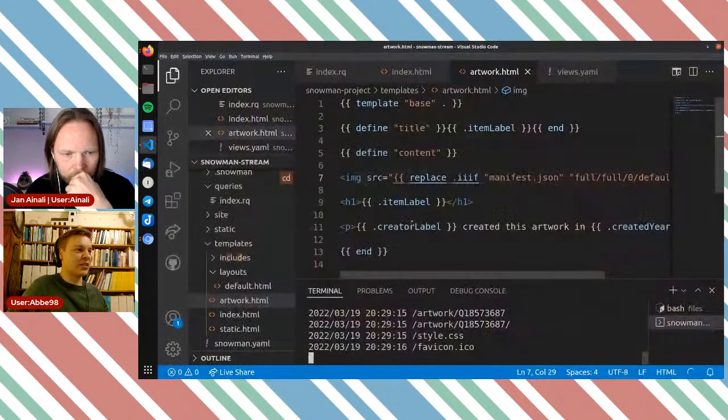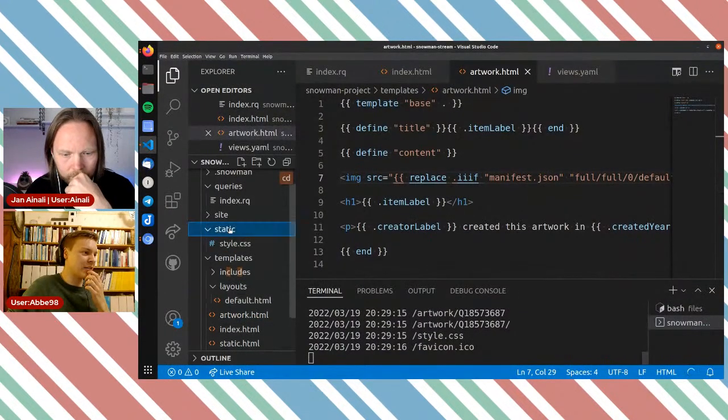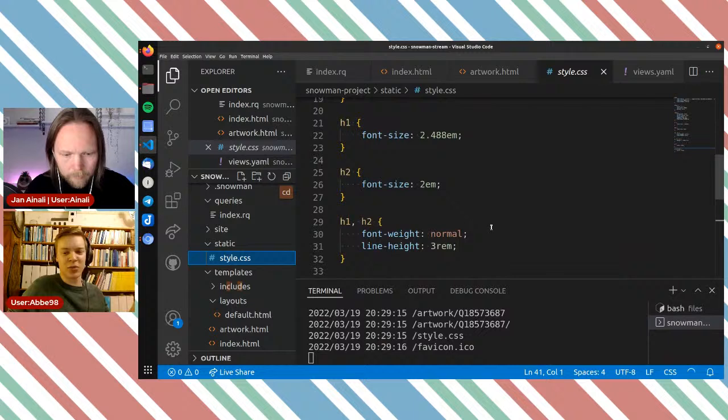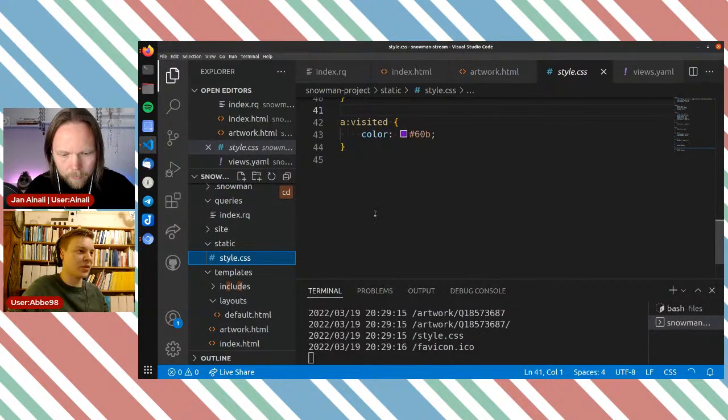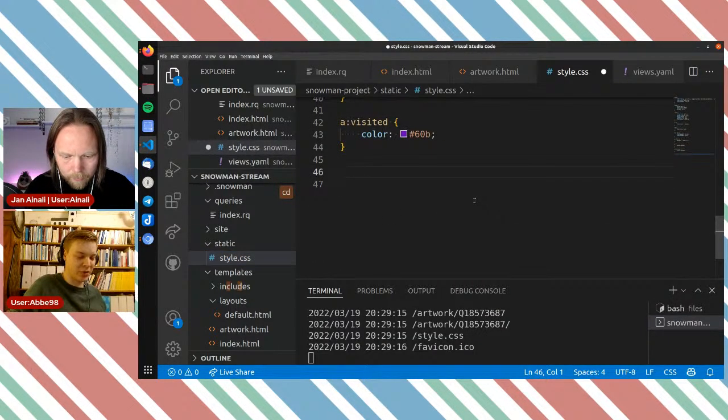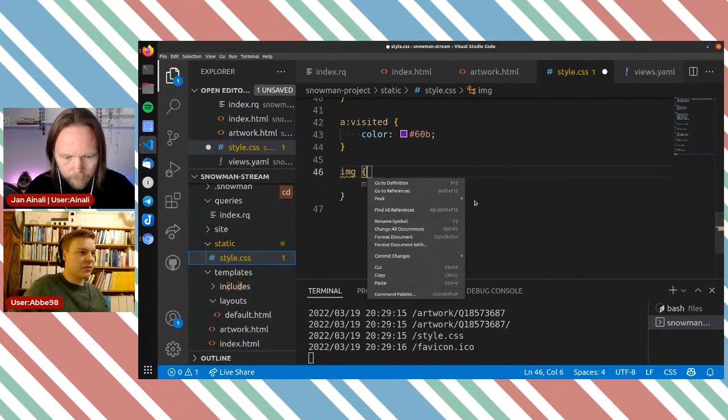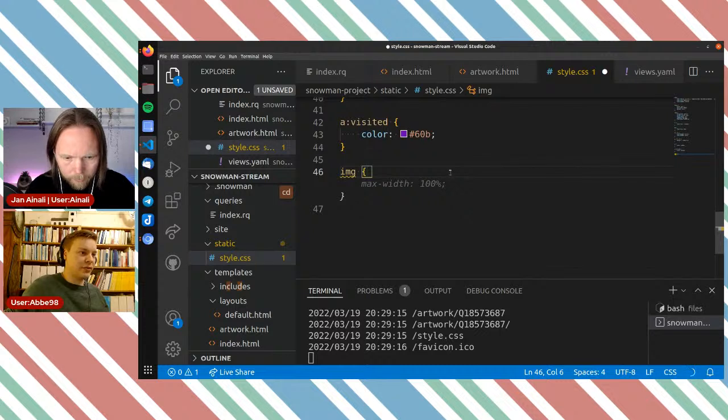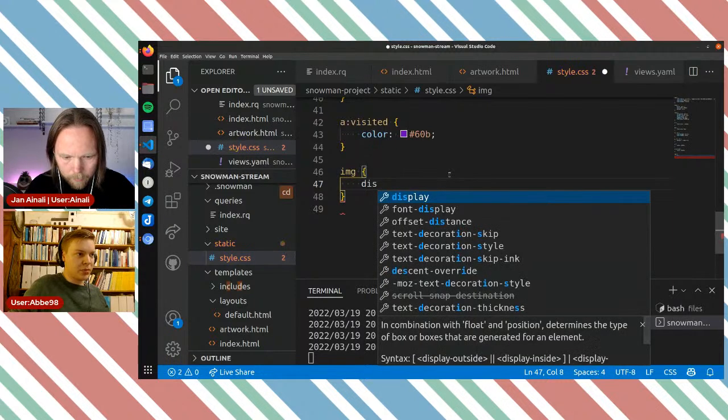And we need to make that smaller. And we got a static file actually for that, the CSS file. It got a bit of default styling from the example page, but I'm just going to build upon it. I want to change the image to not be that high. So let's see if I can go in here and do display block.